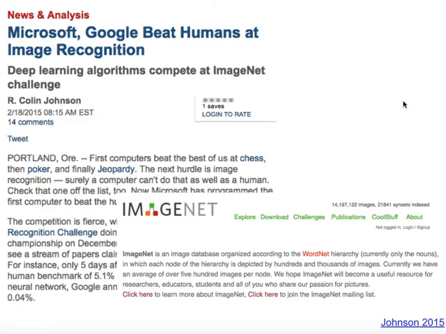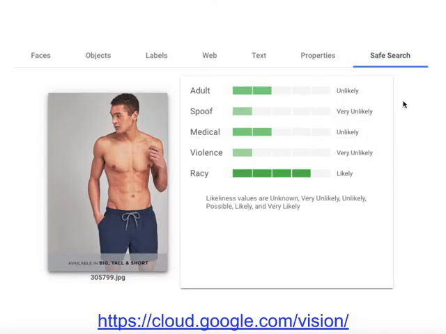uses. But we've mentioned image recognition already, and that's probably one of the best known examples of the way that AI is used. And in some cases, it's been found to be more effective than humans. One thing that's very useful to know as a journalist is that Google image search has some AI technology built in. So you can actually search for number plates and it will find number plates, or indeed signs that have text on them. You can search for the text and it will find images that contain the text that you're looking for. And the technology that it uses to do this is available to the